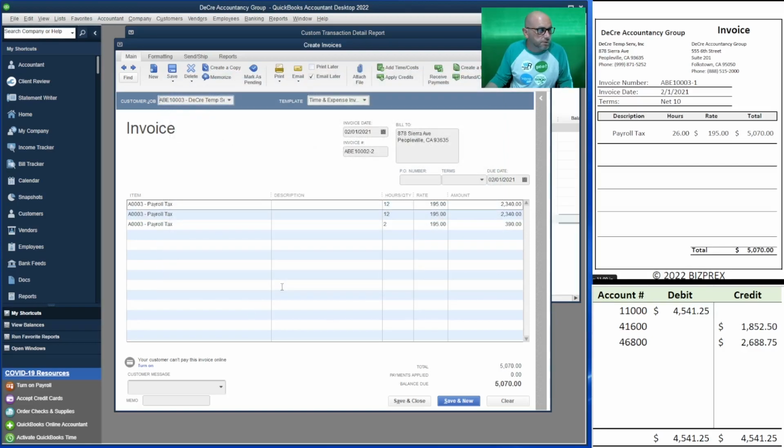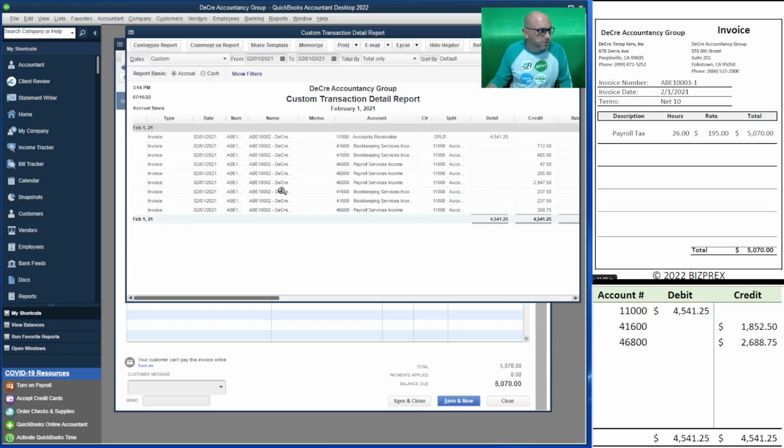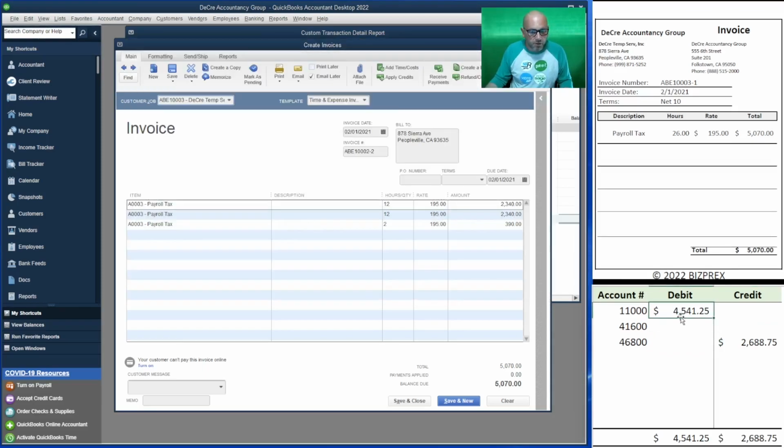Okay, we can go and say okay. Again, what we have here, right, is that we have our payroll. Let's see, let me cheat a little bit. Payroll is 46,800, 46,800 right here. So what we have is our accounts receivable going up,